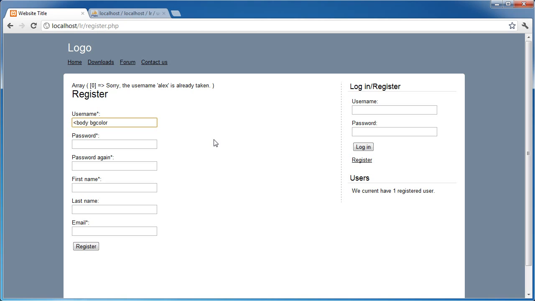Now what I'm going to do is type in body bg color equals black. Obviously this is a ridiculous way to set a background color in a document. We would use CSS, but I'm just using this as an example. Type in Alex and my email address. Now I'm going to click register. Oh, of course, because that username already exists. It doesn't exist. The point I'm trying to get across is